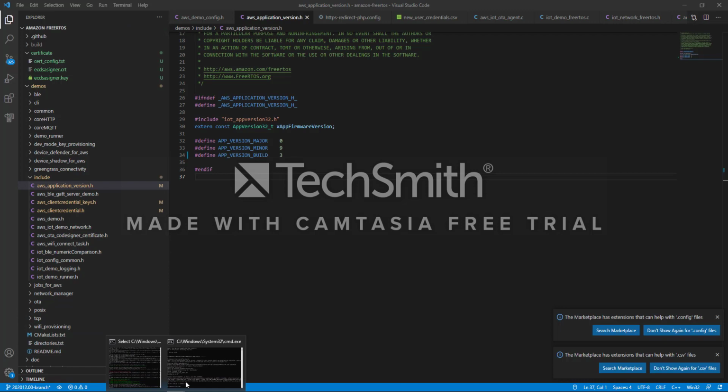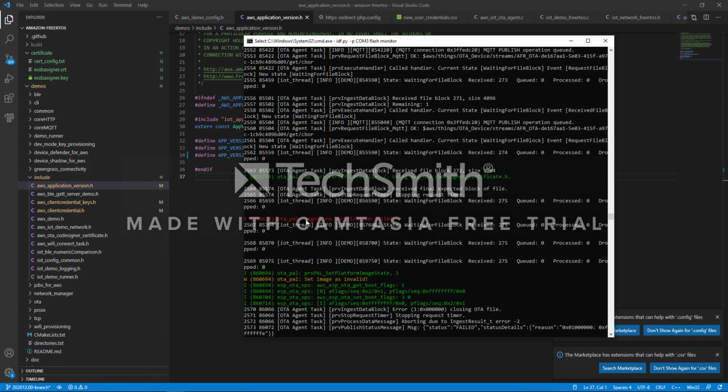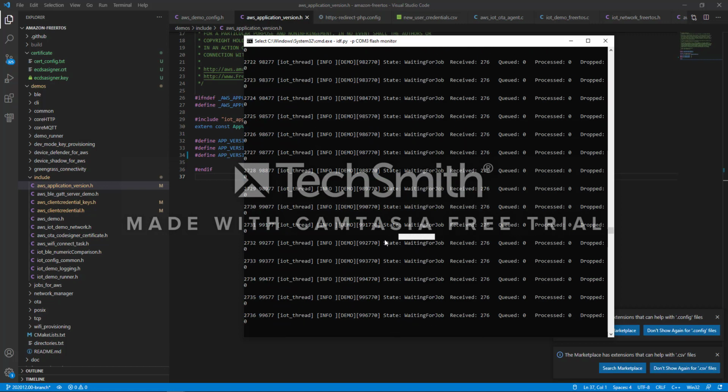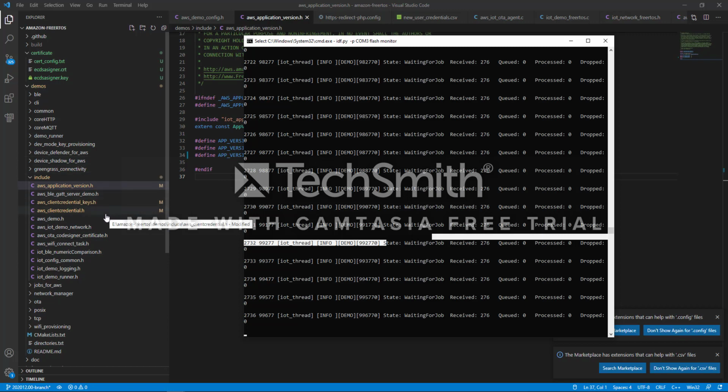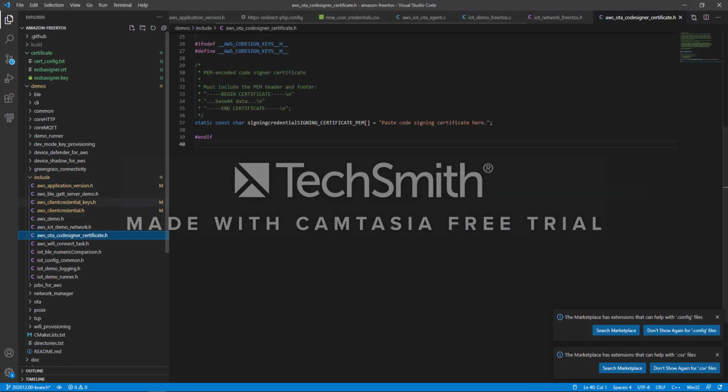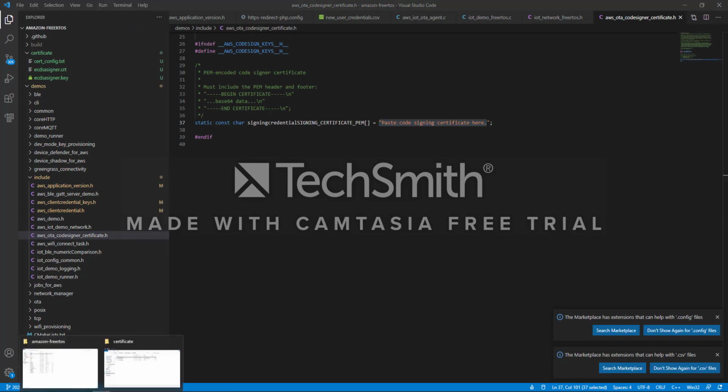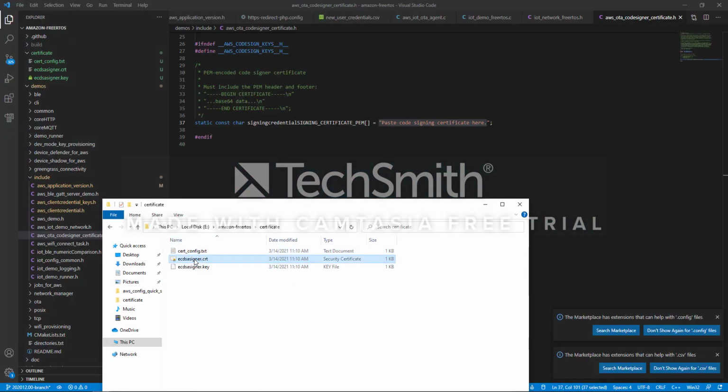Okay, so the OTA failed because I forgot a step of updating the signing certificate in the code. So here in the demos, OTA code signer certificate in the include. Yeah, because this was not included. So using the certificate we already created, we need to